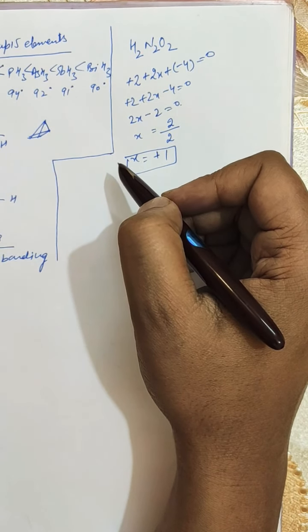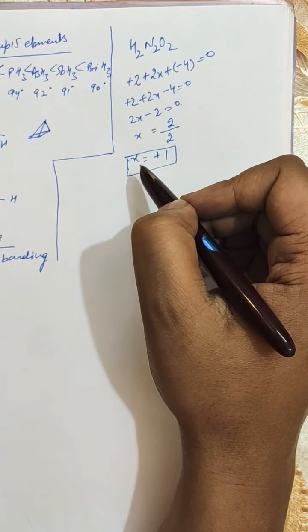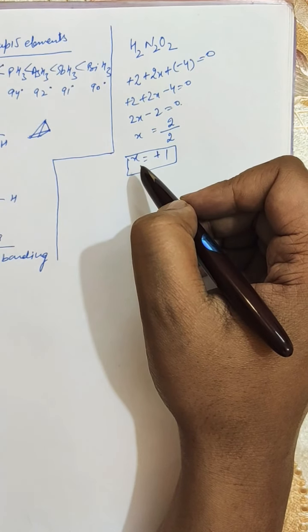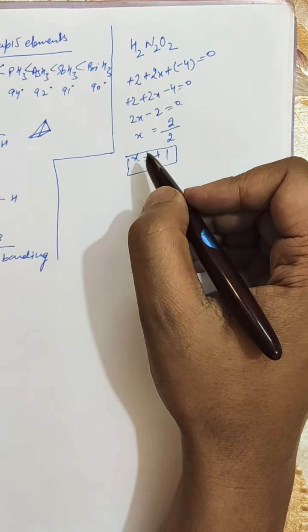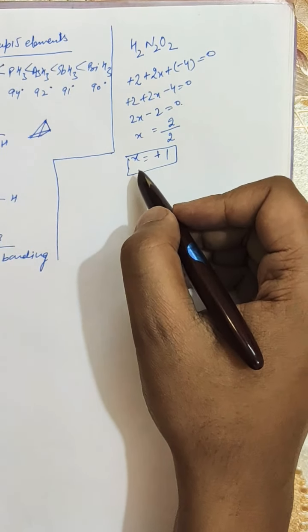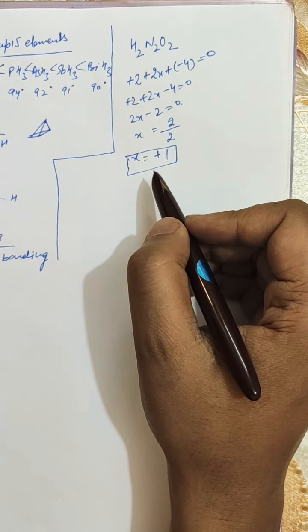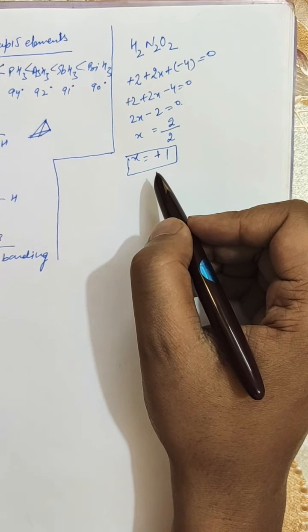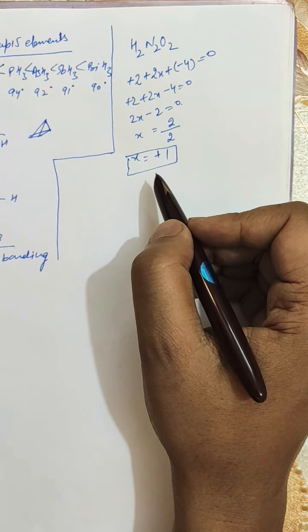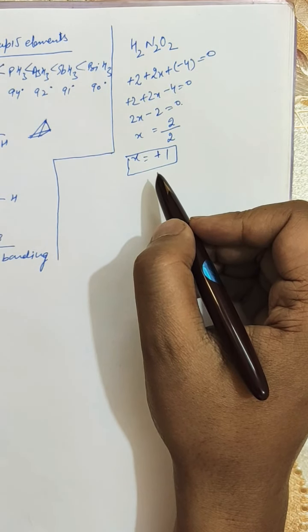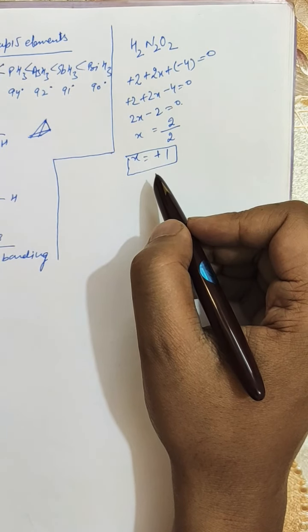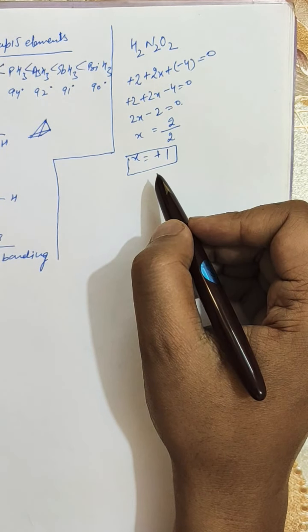Further are the properties. So what are the properties? First of all, as usual we always take the physical properties, then chemical properties. In physical properties, it is a white crystalline solid which decomposes readily. It explodes on heating. Sometimes it explodes just by rubbing. So it is kind of explosive. Further, it decomposes in air to form nitrous acid.